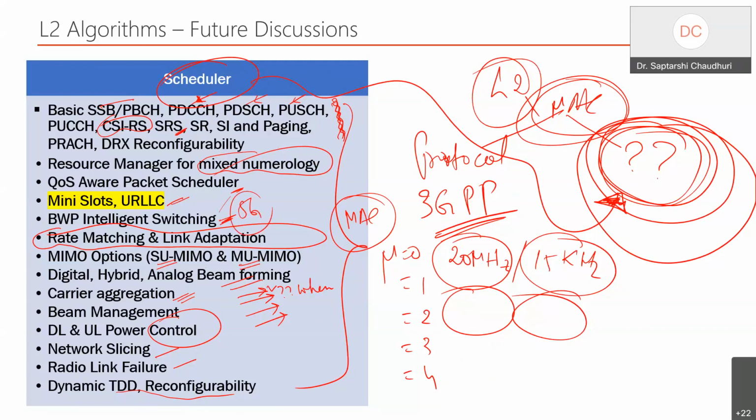So where we put his residing factor to control, we go back to the scheduler and say, hey, please accommodate the new feature called the mini slot of URLLC, that is ultra low latency, high reliable communication. So everywhere we go back to the scheduler and we enhance the scheduler, and this is the biggest algorithm that controls the complete data plane of the whole 5G network at the radio level.